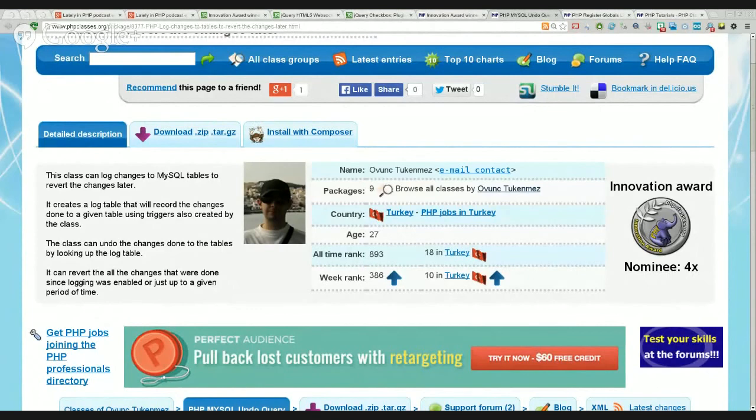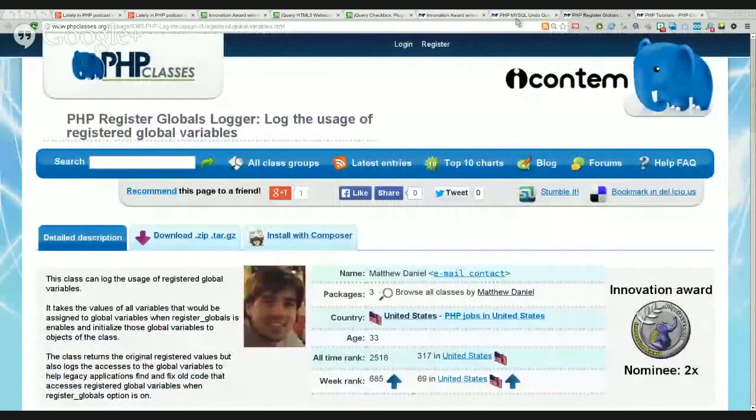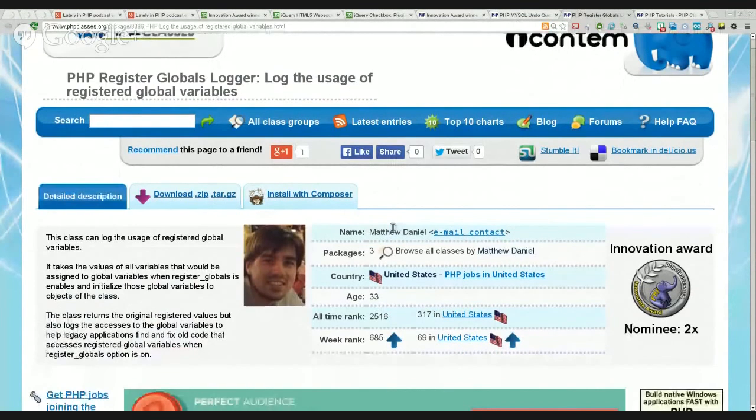Given this, I'm going to move to another package, which is the last one I wanted to mention because we don't have time for more. But this is still an interesting solution, also unusual. This one is called PHP Registered Globals Logger by Matthew Daniel from the United States. What it does is detect eventual code that you may still have, probably legacy code, that's still using registered globals. And as you may know, registered globals was finally